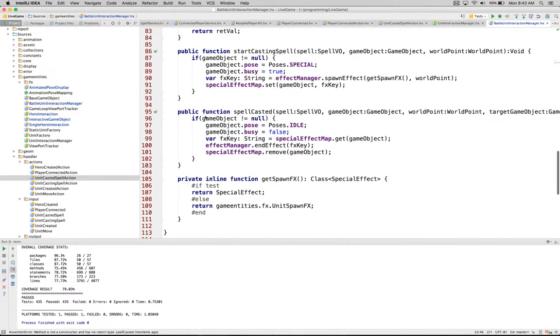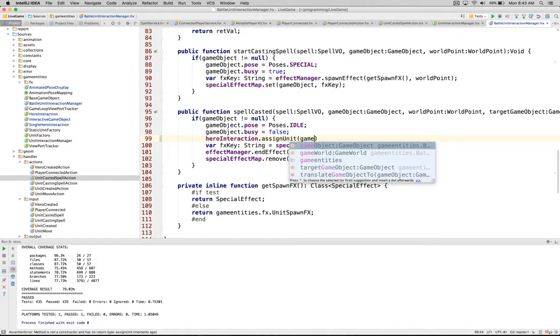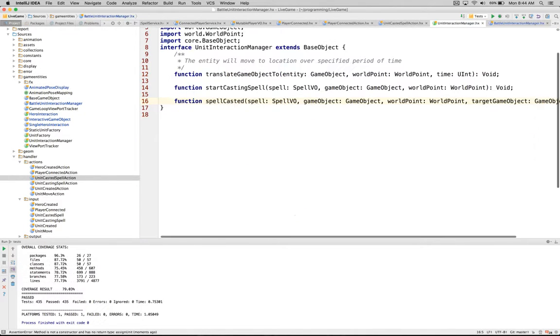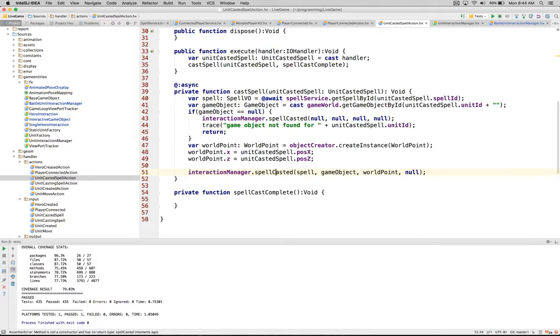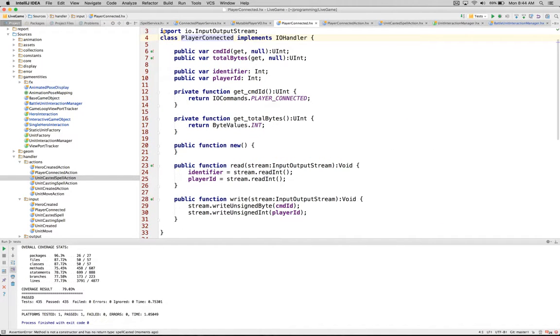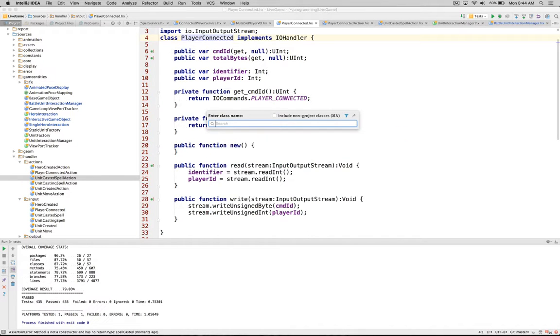Let's try casting spell casted. We're going to do the hero interaction, assign a unit, game object. So now we have the game object there. And where's our hero? Spell casted. Hero static single hero